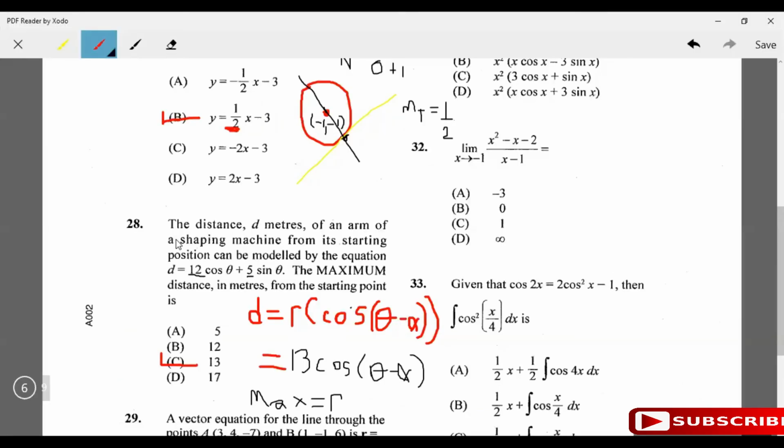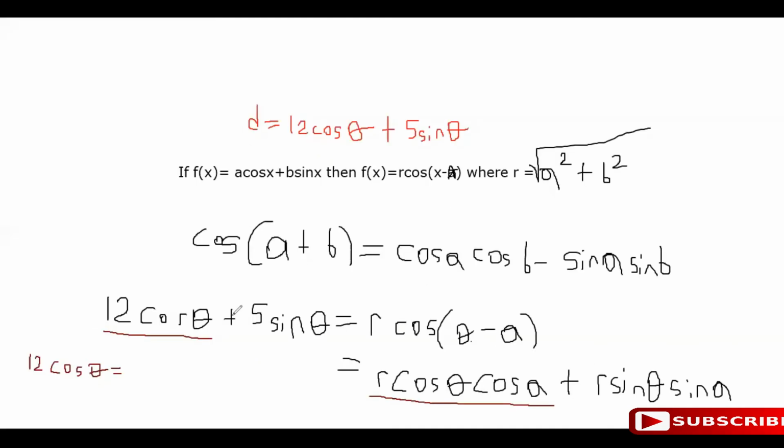Someone asks, why is it 13? So we're going through why it is 13. Equate these two parts: 12 cosine theta is equal to r cosine theta times the cosine of A. If you divide both sides by cosine theta, what you're left with is 12 is equal to